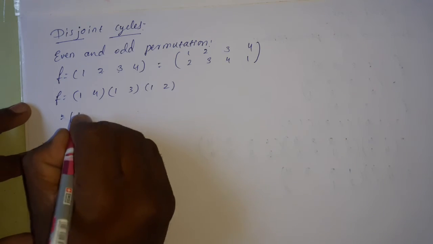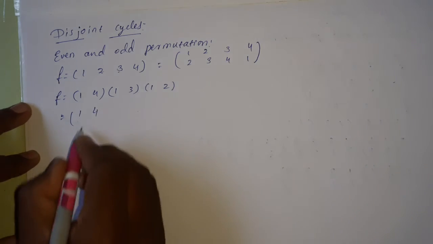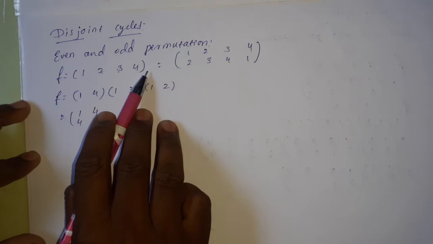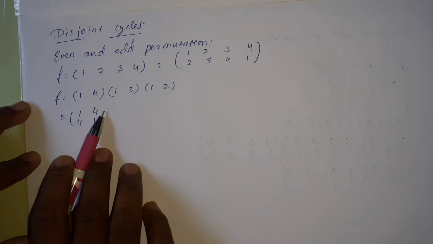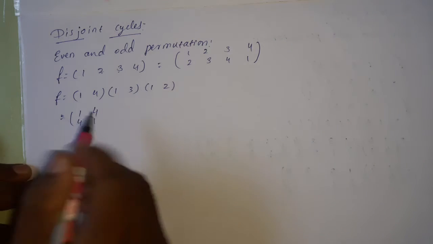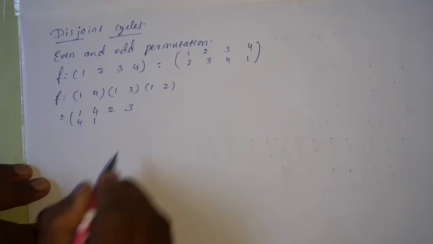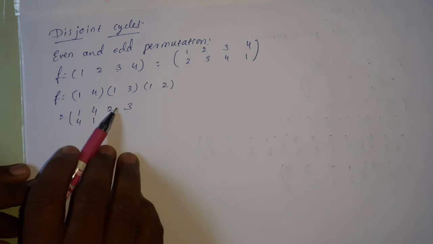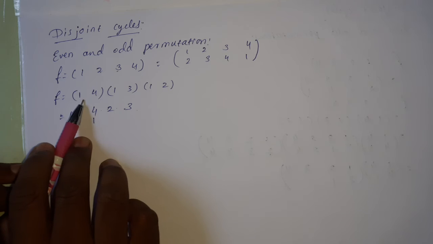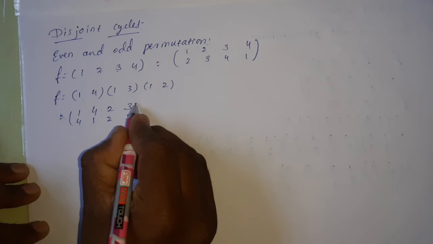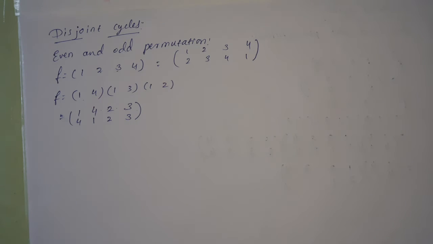Now here (1 4) means image of 1 is 4 and 4 is 1, but in the given cycle we have 4 elements, and here we have only 1 and 4. Again 2 elements are remaining, that also we need to include. 2 and 3 are not included in the first transposition, and we do not know their images, so we keep them as themselves. Image of 2 is 2, 3 is 3.